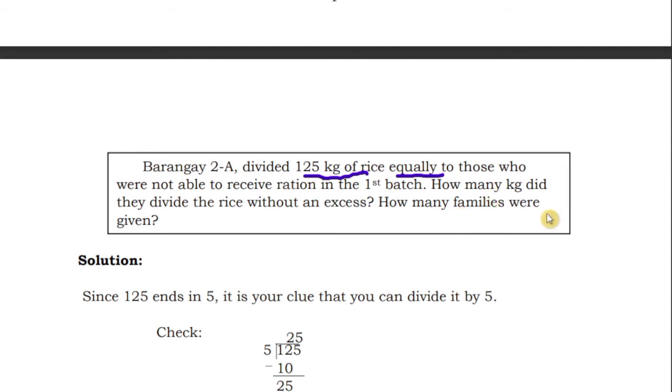Let us consider that every family will be given 5 kilograms. So how many 5-kilogram portions can they divide the rice into without an excess? Let's consider that every family will be given 5 kilograms of rice. So from the 125